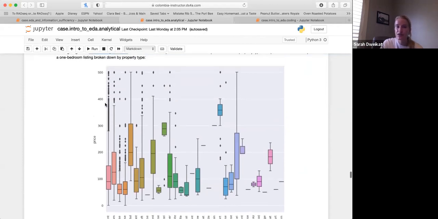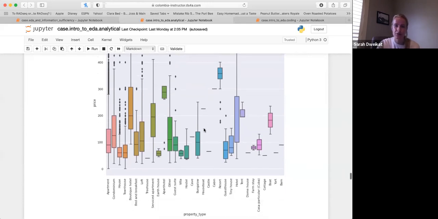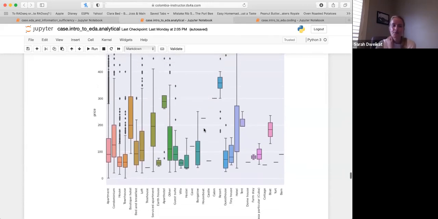They're spread out. Here they're more clustered because there are a bunch of data points that all range between a little under 300 all the way up to 500. So we plot each individual outlier data point when it exceeds these upper and lower bounds. So this means that there was a data point where the price was about 425, maybe 450. There's a data point that was $500 for other. And here for a guest suite, there was a data point that was about $225, about $300. Does that make sense? So we're just plotting those outlier points. But anyway,